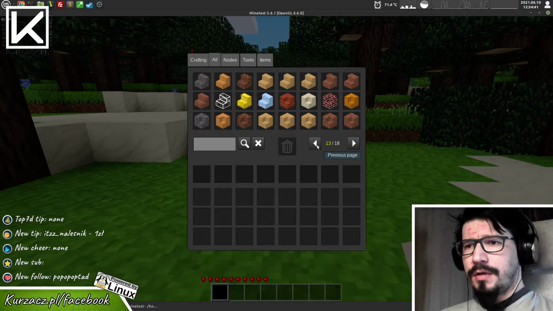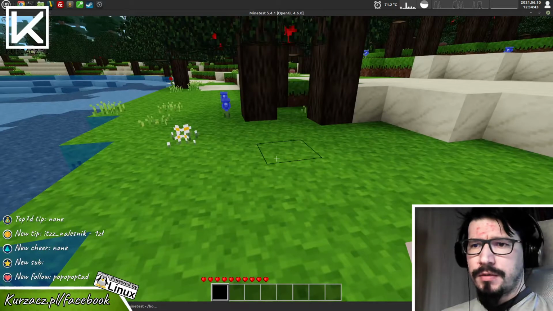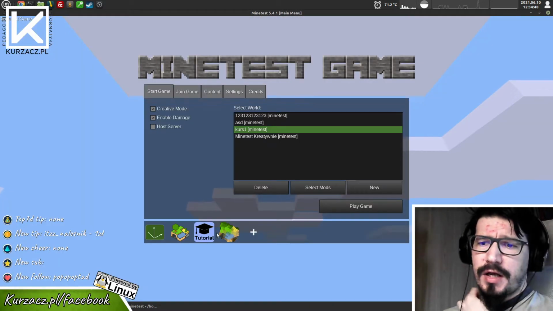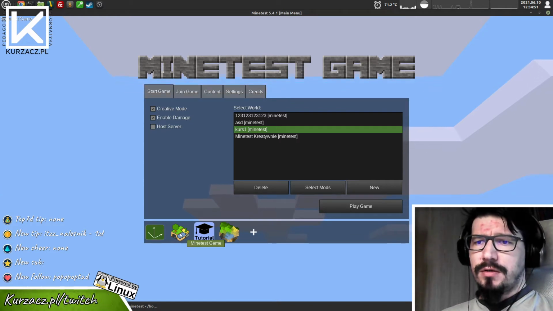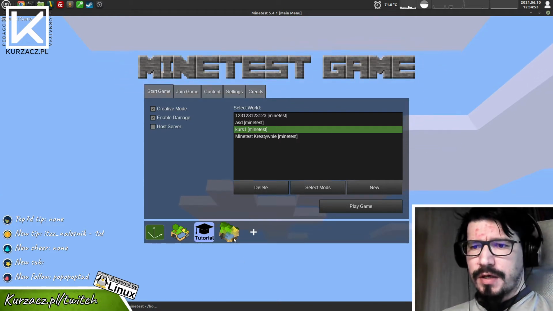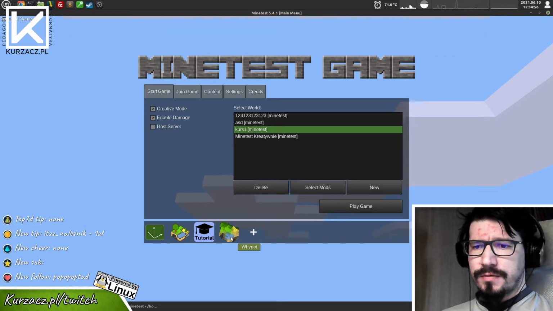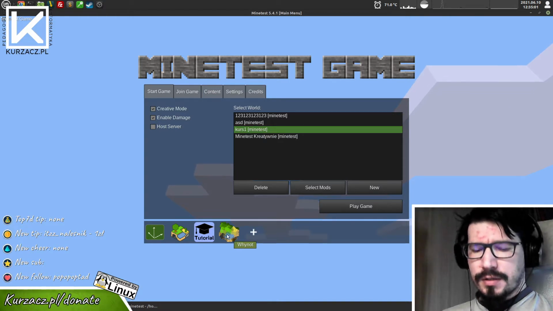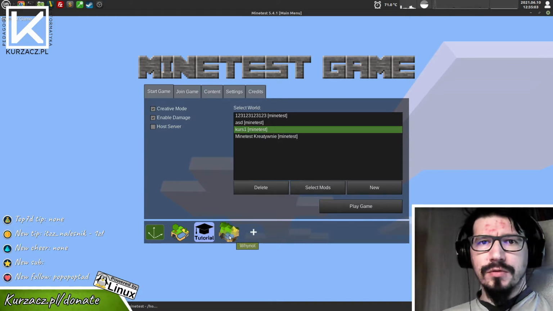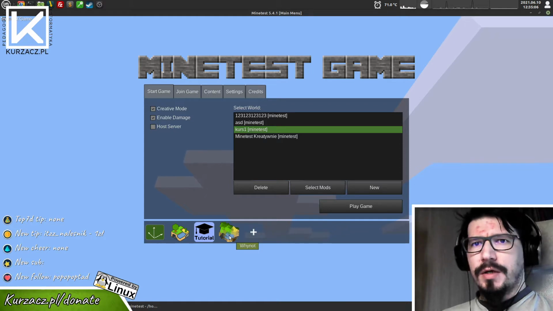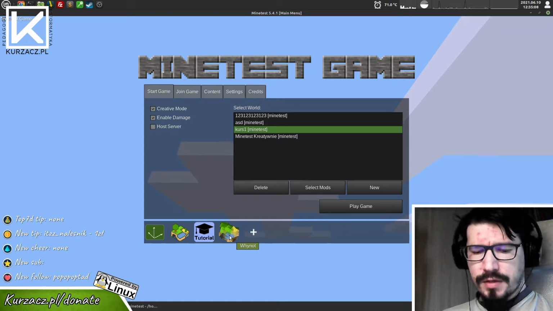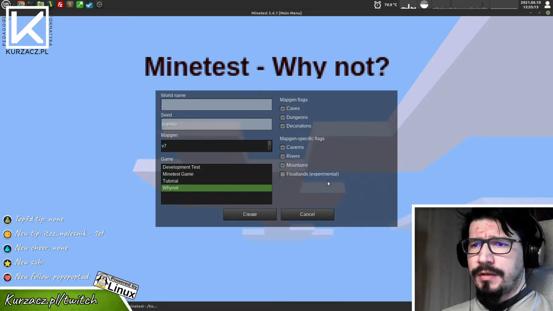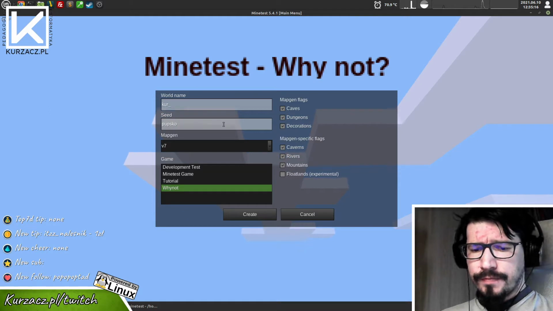Right now I will change my game to another one. Exit to menu, please. I will launch a game which is not Minetest game. It's a game prepared by another player with some other rules. For example, there is more RPG style, getting experience from using tools, and you can have some kind of benefits from this, like faster digging time. And I will start a new game also,